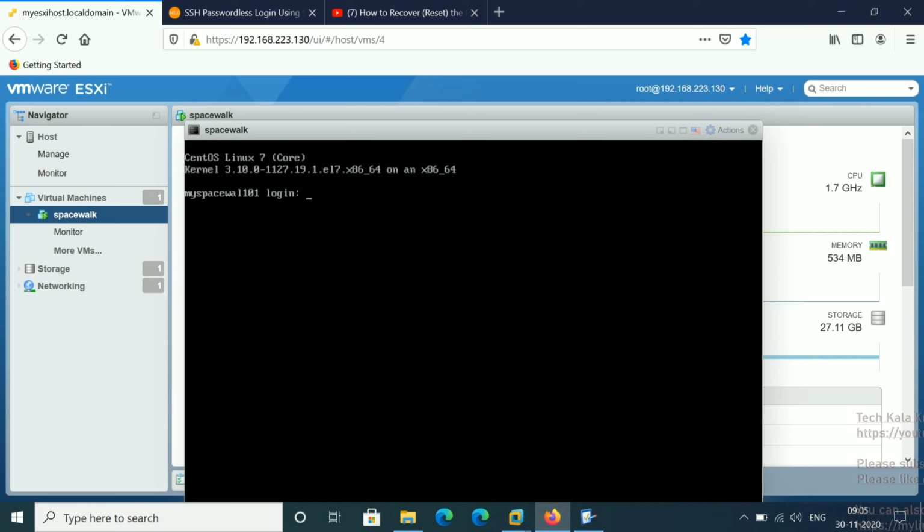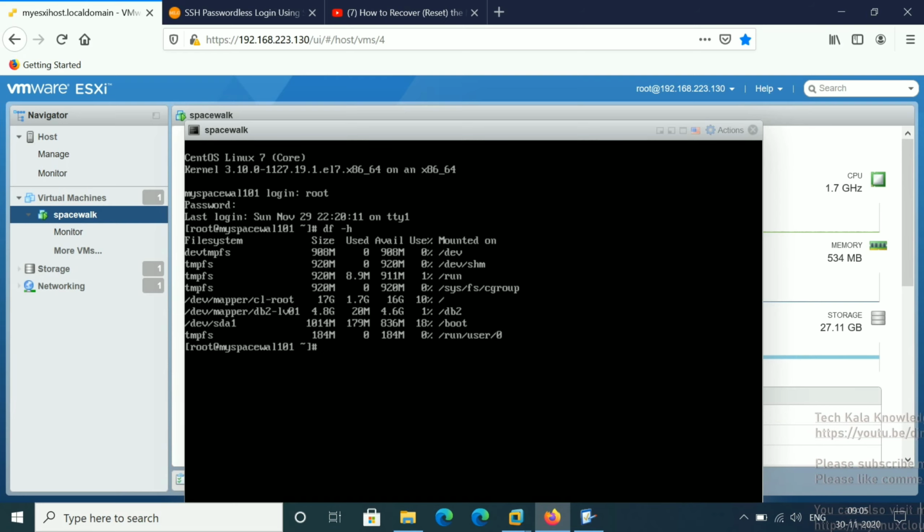Yes, now you can see I'm not getting any error. I'm getting a login prompt here. Now let me check whether my mount point is mounted or not. Fine, cool. You can see DB2 is mounted here. So this is the way you can troubleshoot step by step. Not like you see an error and directly jump to the cause. No, you go step by step, you check step by step, and it helps you understand the things. So you can see now that the error is fixed.